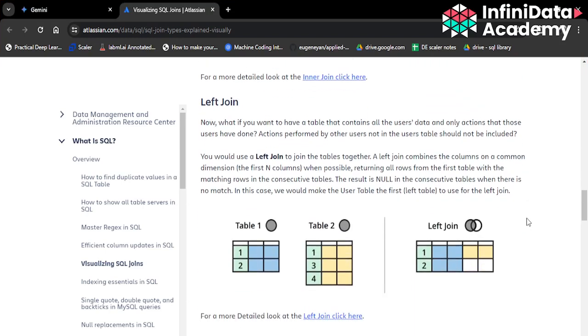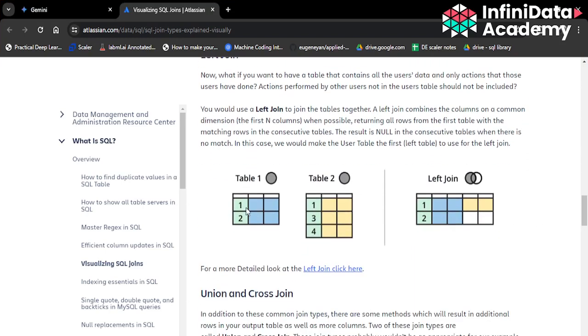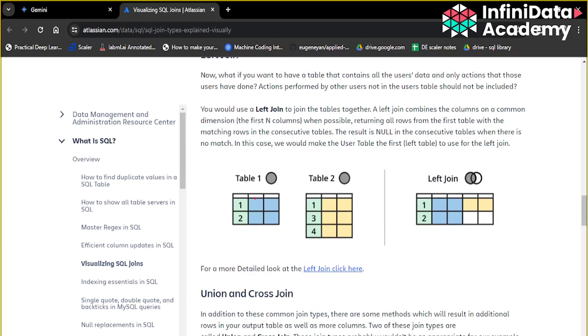And if you go to our left join case, you can see we have two rows, 1 and 2, and table 2 has 1, 3 and 4. So in this case, what values will come in your output? 1 and 2 will be present for sure in your output, and since 1 is the only common row